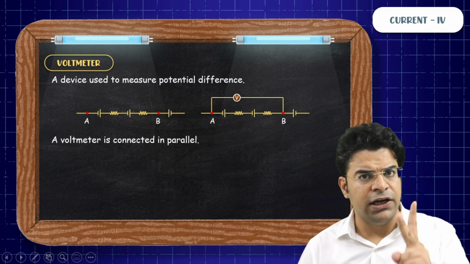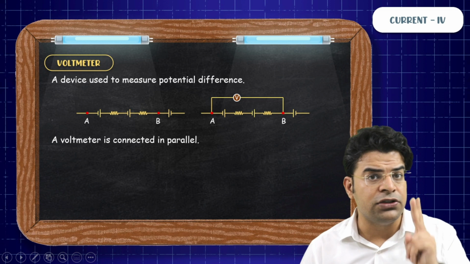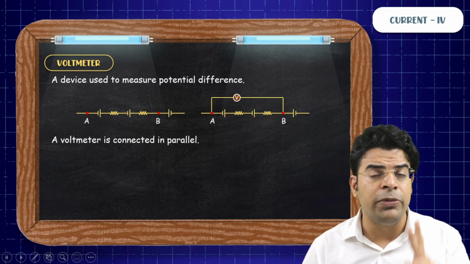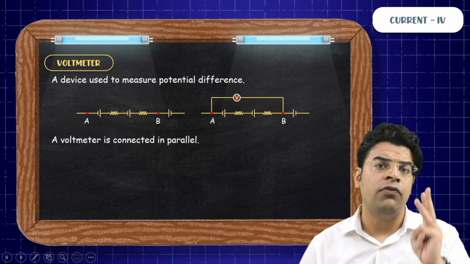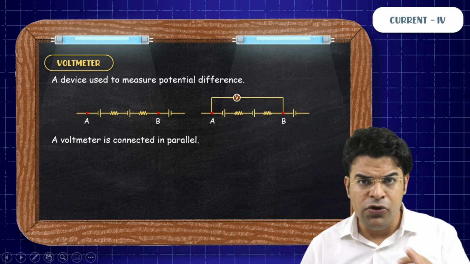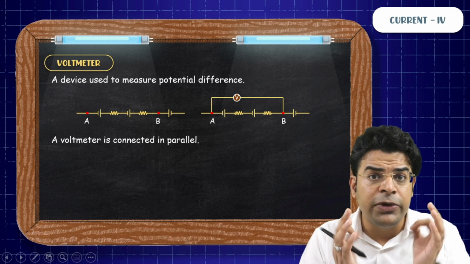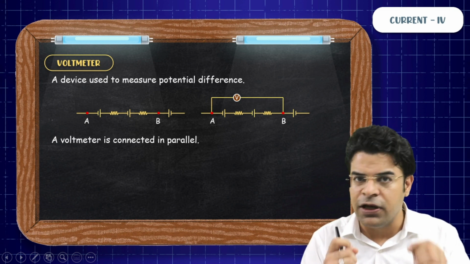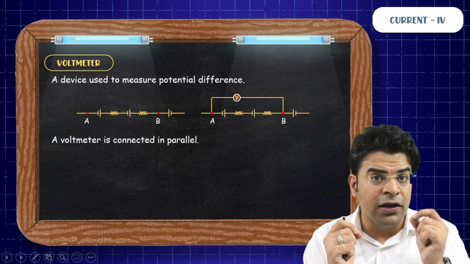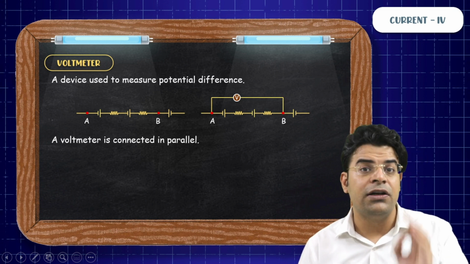So first, ammeter. Ammeter is used to measure current. Yes, it is connected in series. Since it is connected in series, so as not to alter the resistance of circuit, its resistance should be as low as possible. For an ideal ammeter, the resistance should be 0. Voltmeter is a device used to measure potential drop. Since it is being used to measure the potential drop, it has to be connected in parallel.